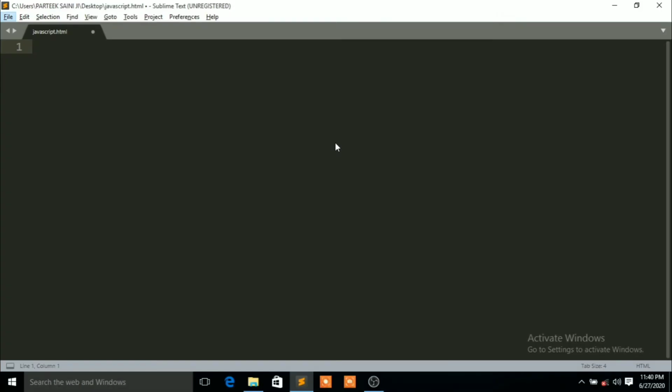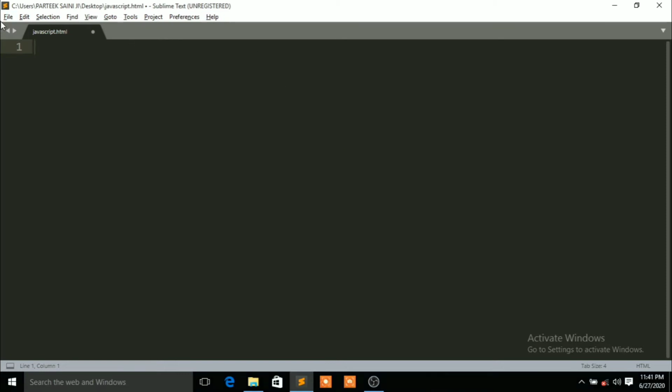Okay friends, now in this tutorial, we will print the hello world program in JavaScript. To print the hello world program in JavaScript, you need a text editor. You can use any text editor, you can use Sublime Text, you can use Visual Studio Code, or you can use Atom. Any text editor, whatever you like. My favorite is Sublime Text editor. So friends, let's get started.